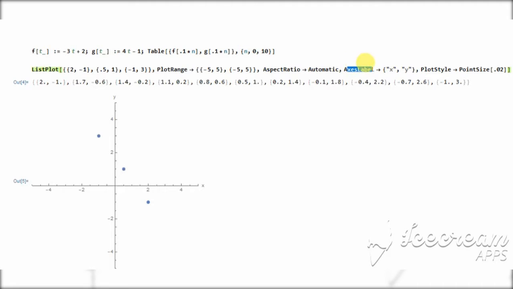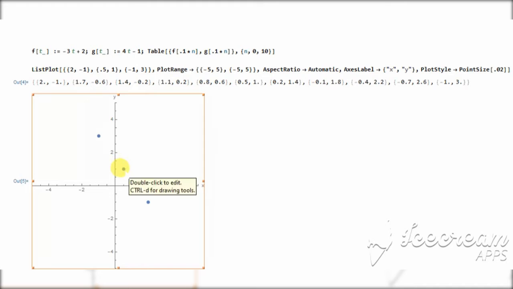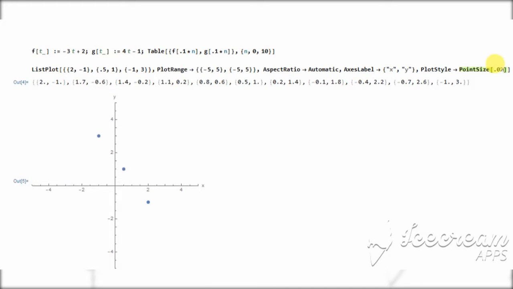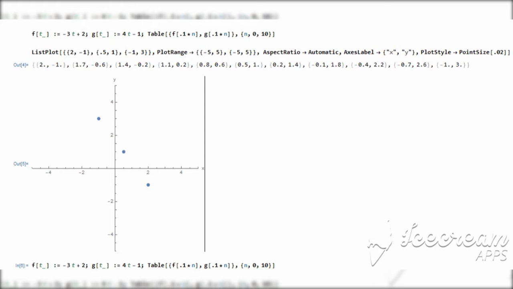And for the axis labels, as you know, this is the x-axis and this is the y-axis, so you label them this way. Now for PlotStyle, Mathematica gives us the opportunity to set the size of the points we are plotting. You can see the blue dots. If I increase this by 0.5, the size of the dots will increase. Now, what we did,